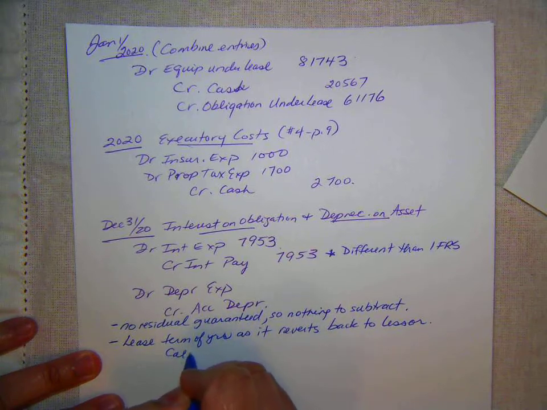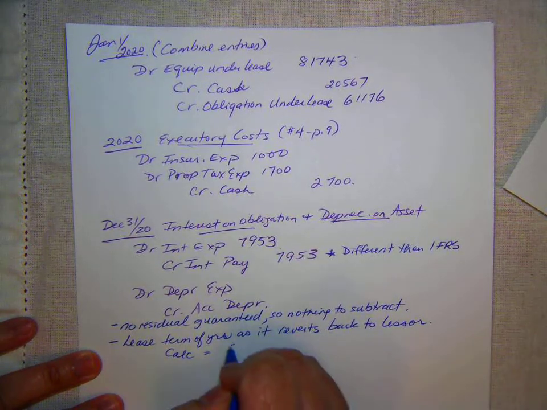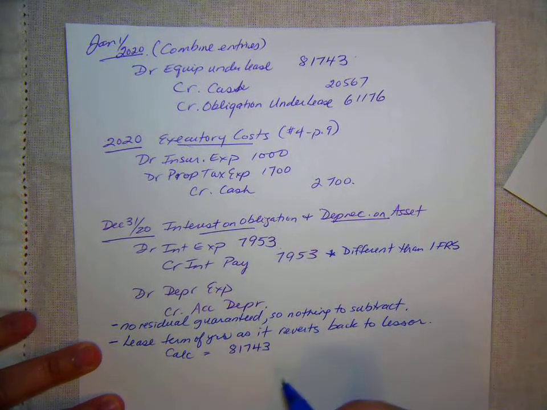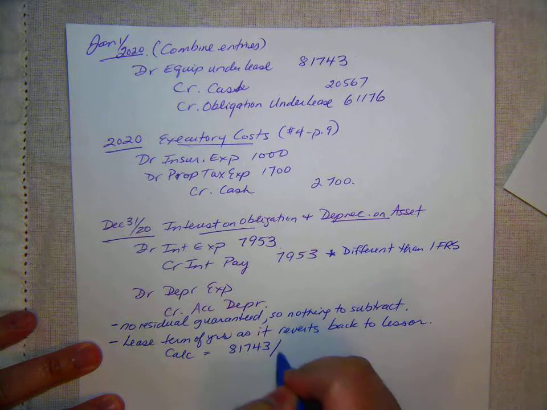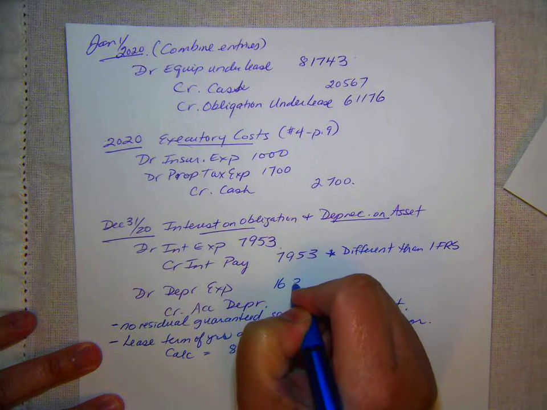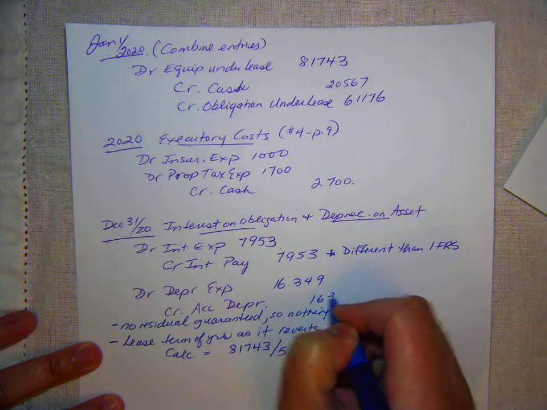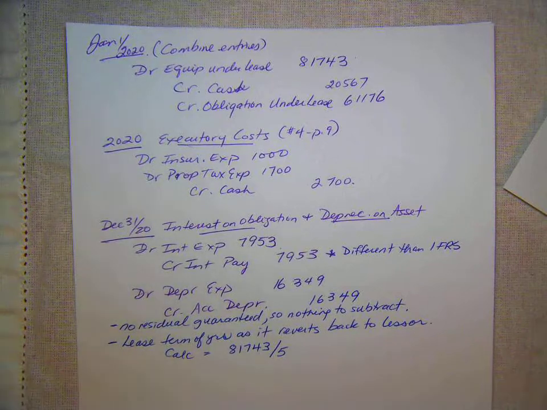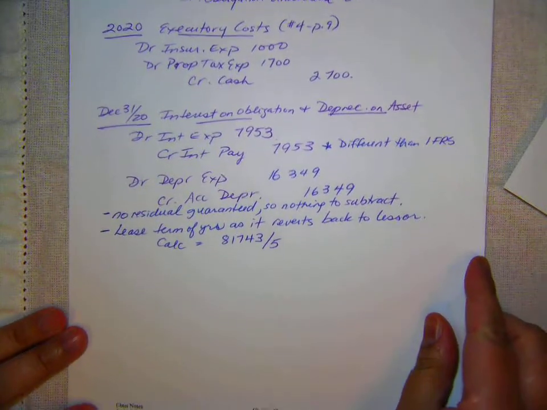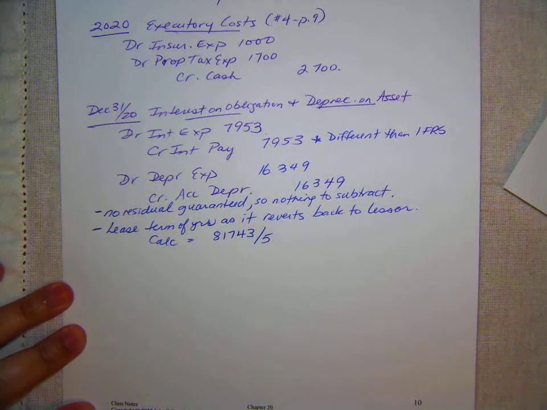So our calculation then is 81,743, the cost, in little quotes, you can't see me doing that, of the asset divided by 5. And that's 16,349. Okay, hopefully that made sense. Again, you guys, just let me know. Okay, so that's the first year. Now we go to the next year,